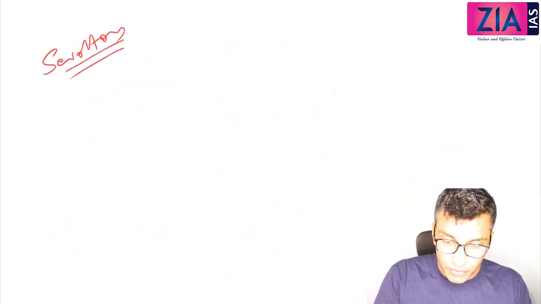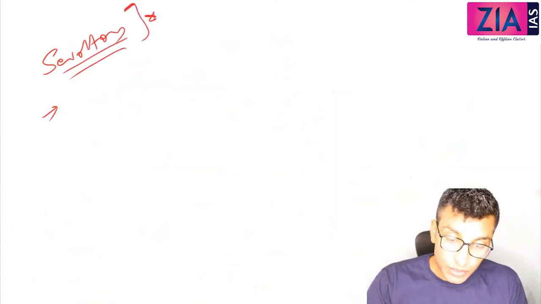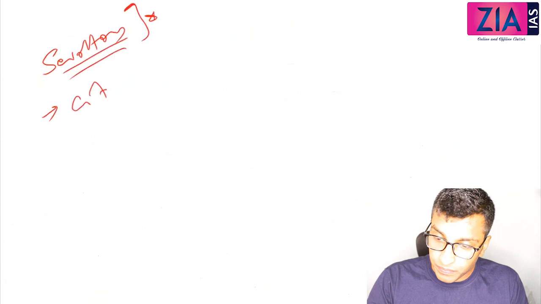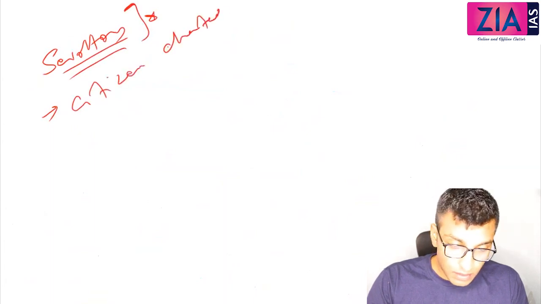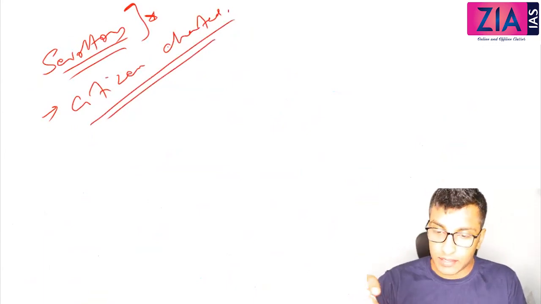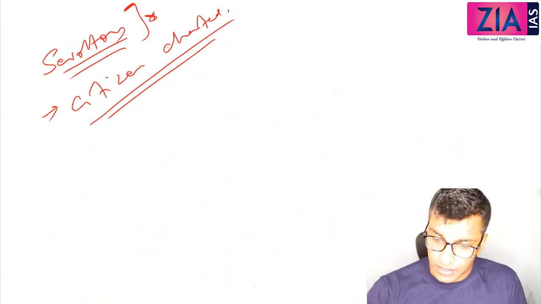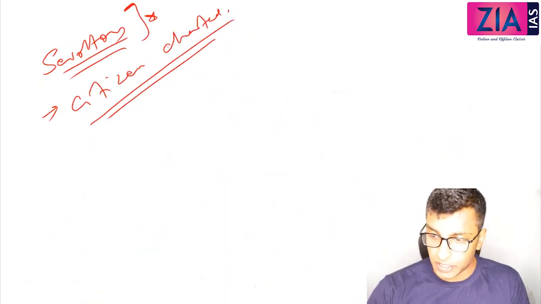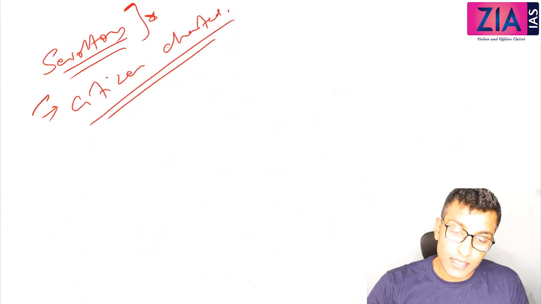3 components of SEVOTTAM model. This also was asked before, the SEVOTTAM model. So the first component is Citizens Charter, which we have already discussed. What do you mean by Citizens Charter? That listing of the services, the time which is taken to provide that, the quality of service which is provided, the cost of the services, vision, mission, grievance redressal, and expectations from the client. So that is what Citizens Charter is.